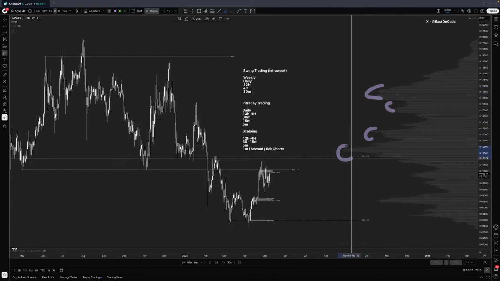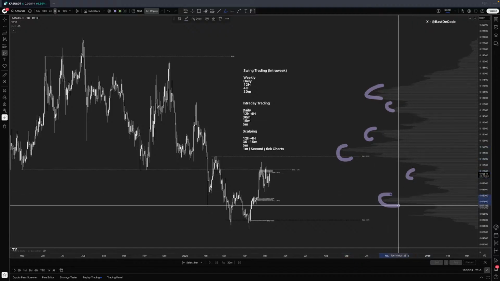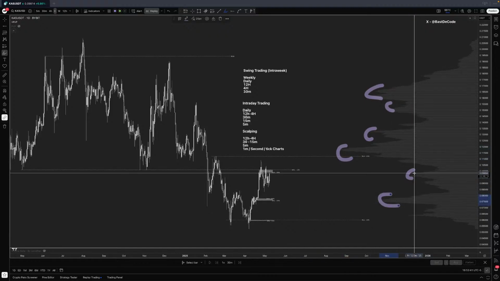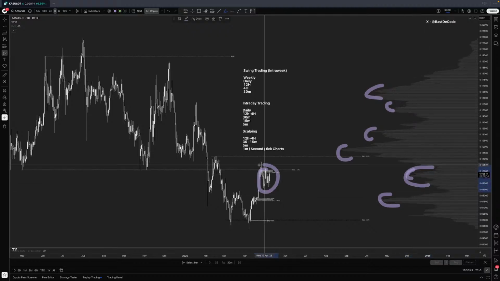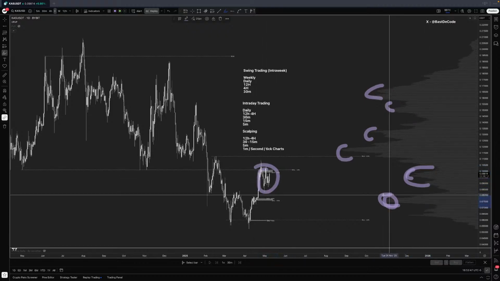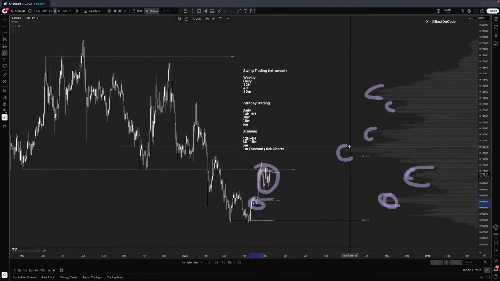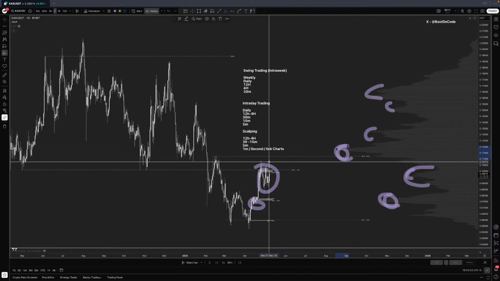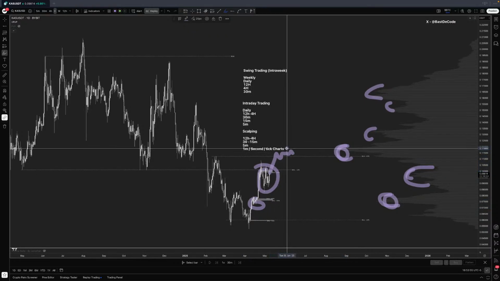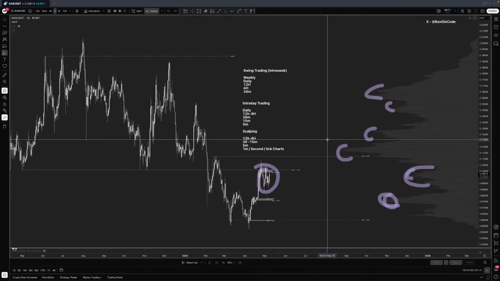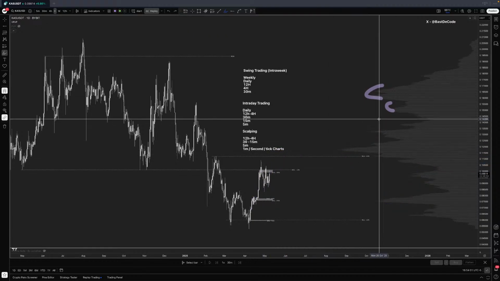So that's why I don't use that, and instead I understand that every single one of these high volume nodes is telling me something, and that is that very likely the market is going to range when it gets here. You see, high volume node, consolidation, high volume node, consolidation. If we ever break out above this level on this high volume node, it's very likely that price is going to consolidate over here, you know? So I don't care where the naked points of control are. I use them all.